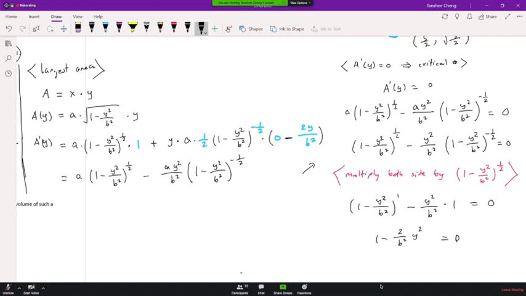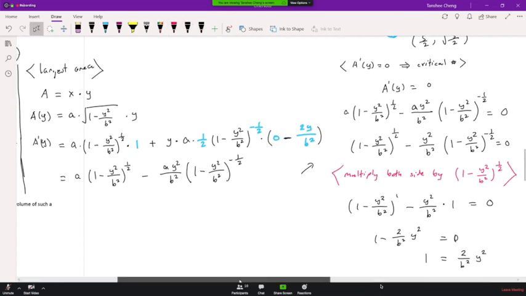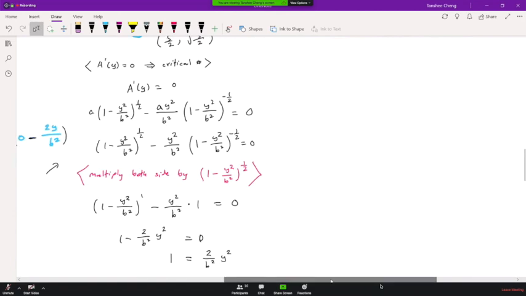So you subtract 1 from both sides, and you get 2 over b squared y squared. And then you multiply by the reciprocal and then take the square root. That will become